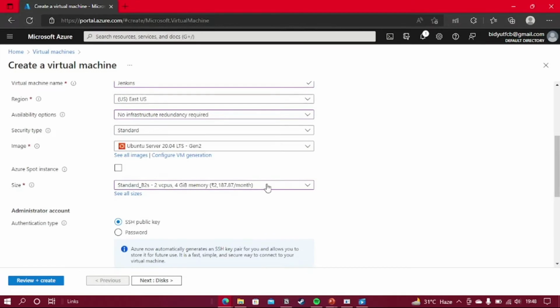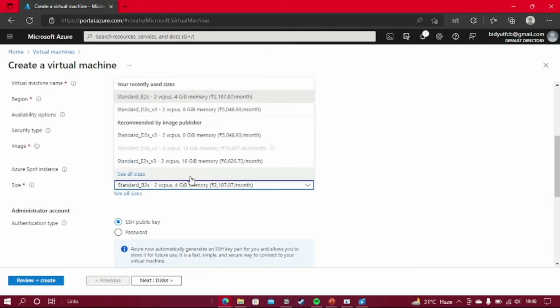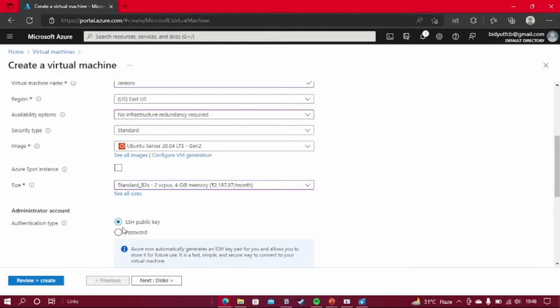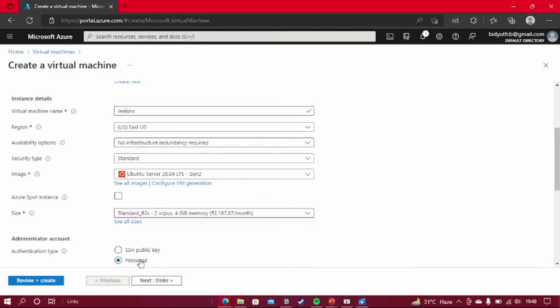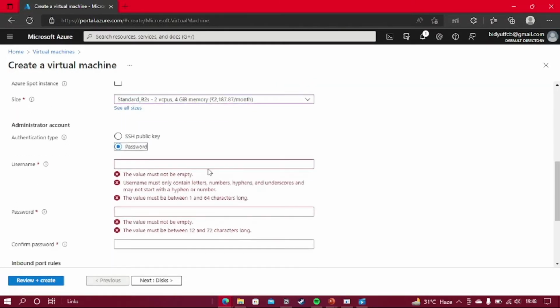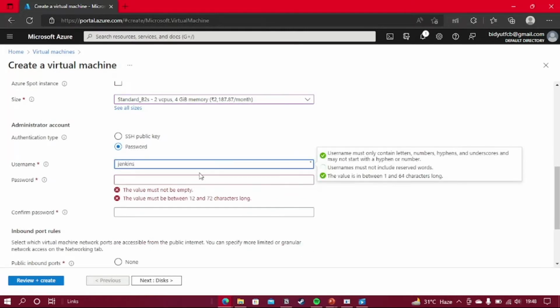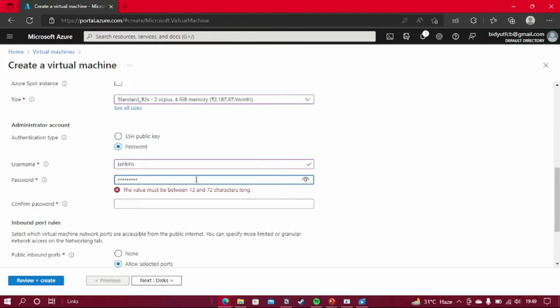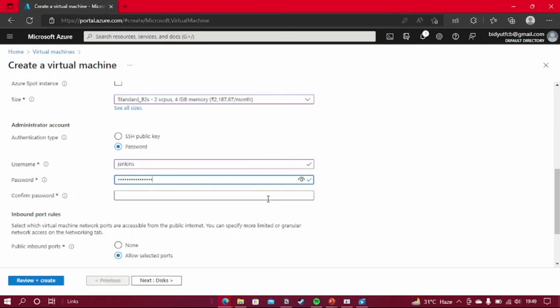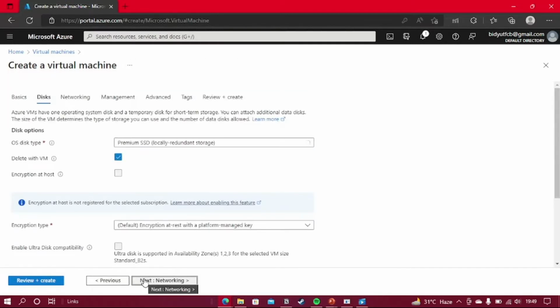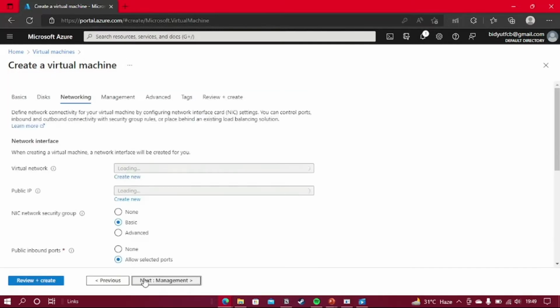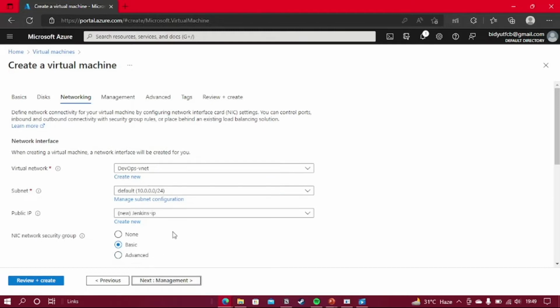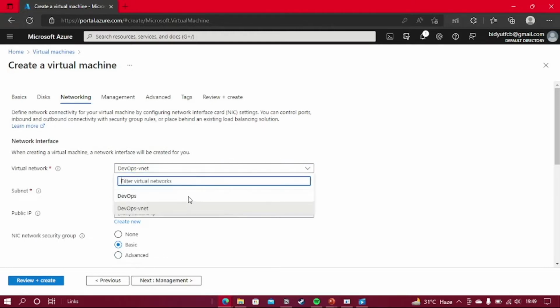So first we would select the default image, that would be the latest Ubuntu image, and the size, which we will take as the default. Then select the authentication type, which we would be selecting as password. We'll be entering the username and the password which will be used to SSH into the particular VM. Once we confirm this password, we'll select next into disk options, we'll select the default, and we'll move on with all the default options in network,